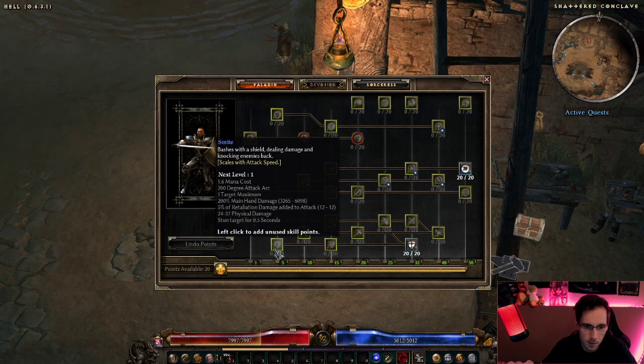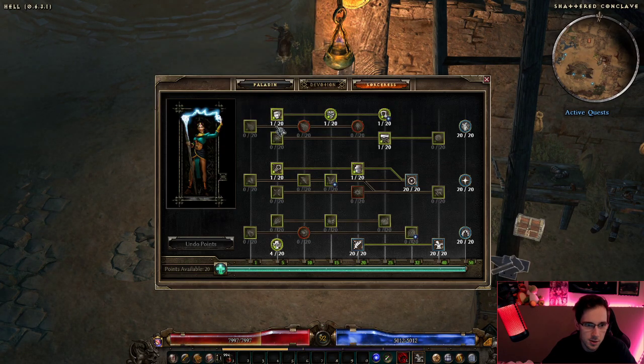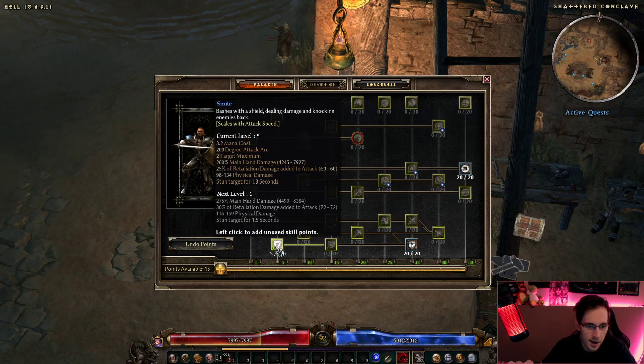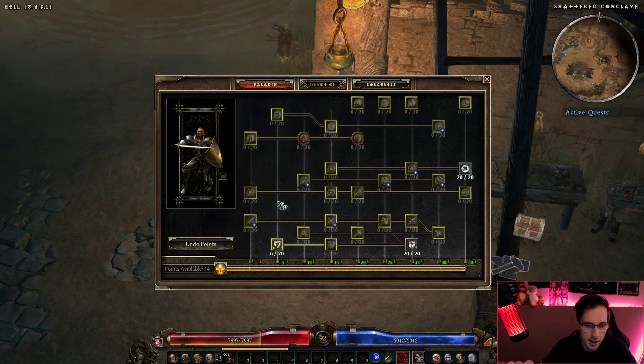Smite at level 20, and you're okay at level 5 or 6 or so, you can actually put more points here if you need defense. It just depends really on where you are in the game. I honestly left this at level 5 for most of my game. I didn't start maxing this out actually until I got close to 90,